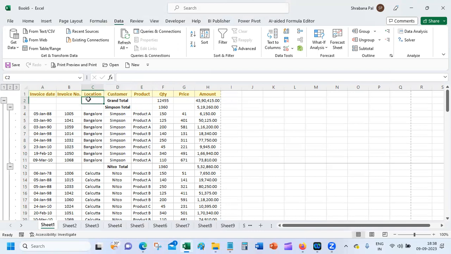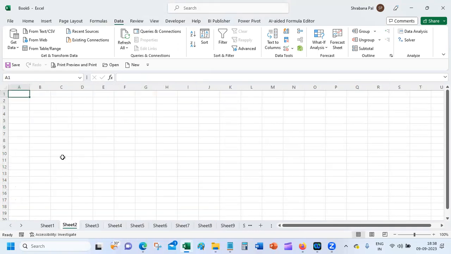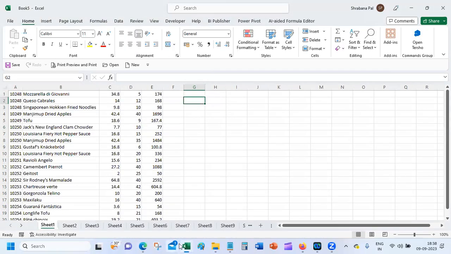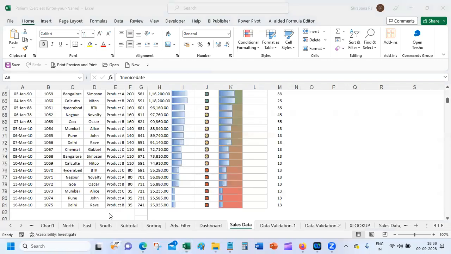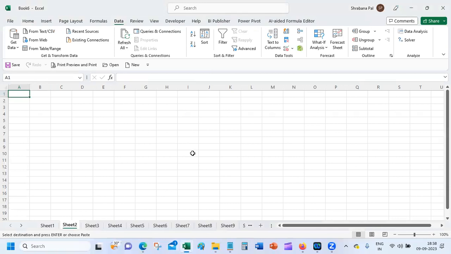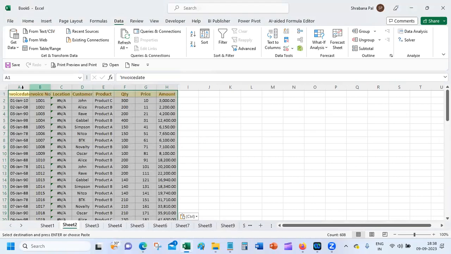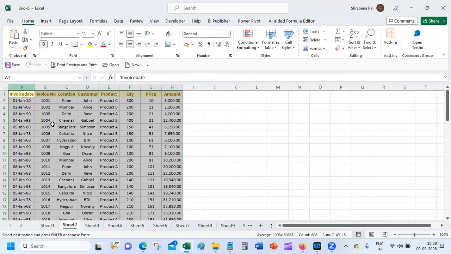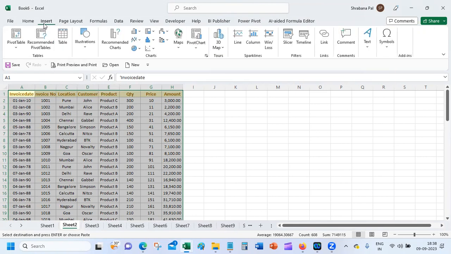I will get either location or customer or product, any one, right? Instead, if I have my data like this,